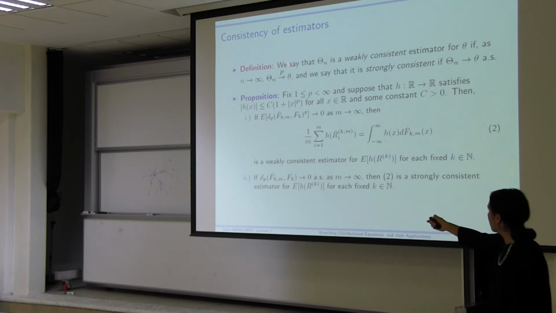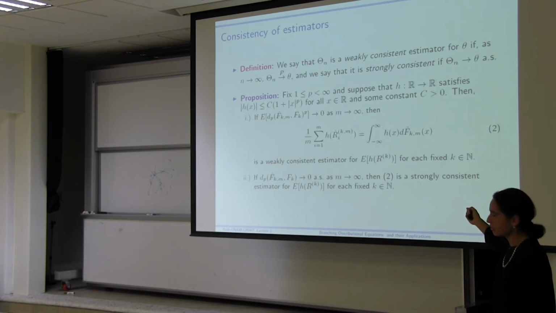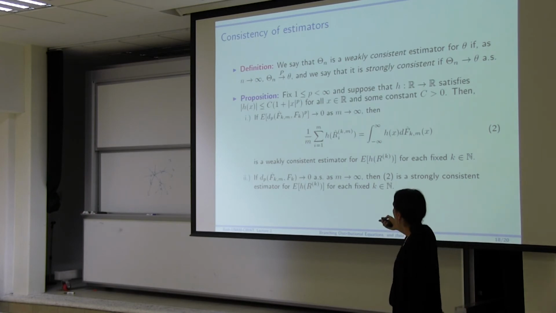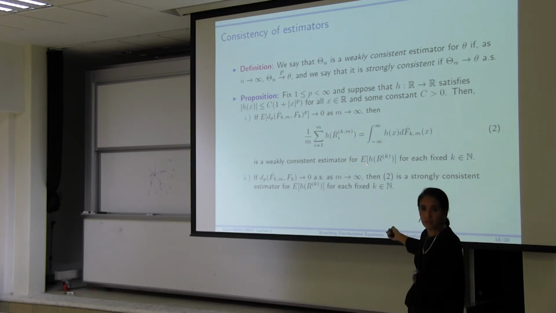This is what I said before. The whole point is you want estimators. So you say that an estimator is weakly consistent if it converges in probability. It's strongly consistent if it converges almost surely. And as a straightforward corollary to those theorems that I showed you, under the first set of conditions, you get that the empirical average of a function h over your sample is, remember, these samples are not independent, so you can't expect a law of large numbers upfront, but they are coming from the algorithm. This is another way of writing it. This is a consistent estimator for the actual mean.